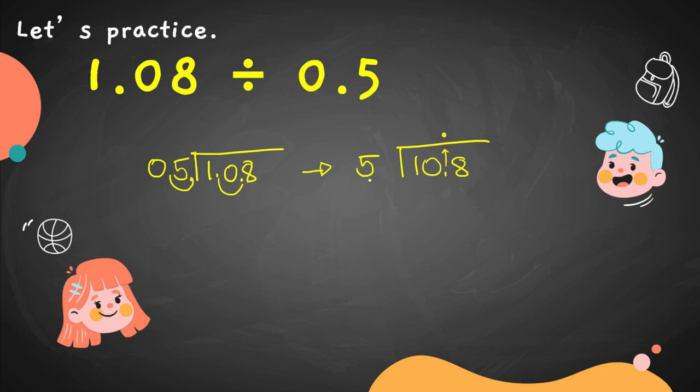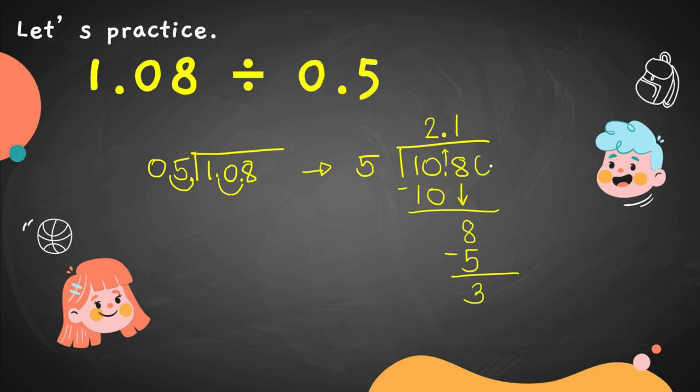1 divided by 5 cannot be. 10 divided by 5, that is 2. 2 times 5 is 10. Subtract. 10 minus 10 is 0. Bring down 8. 8 divided by 5 is 1. Ilang 5 ang kasya sa 8? Isa. 1 times 5 is 5. Subtract. 8 minus 5 is 3. So, dito, mapapansin nyo, magkakaroon ng remainder, pero sa decimal point, sa decimal number, when dividing decimal numbers, pwede tayong